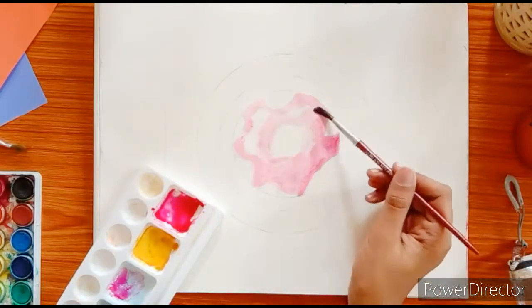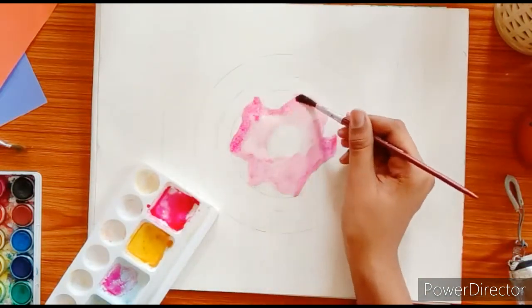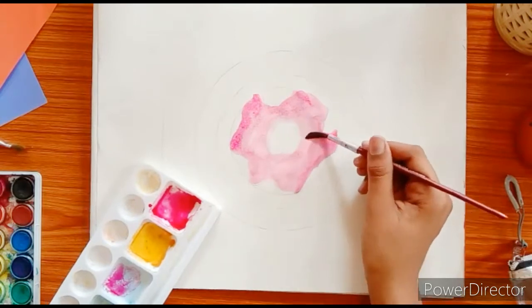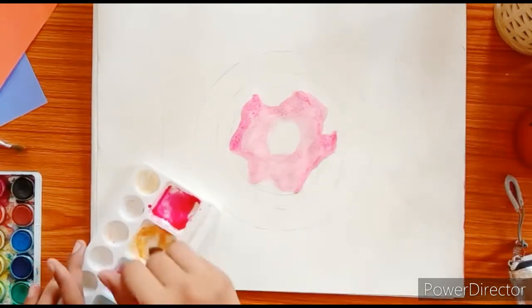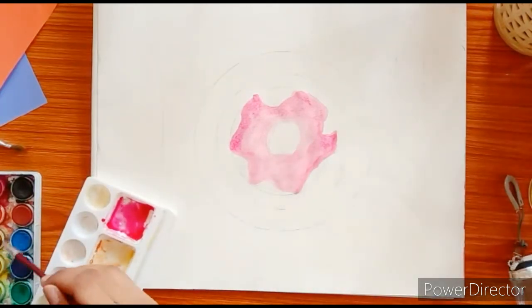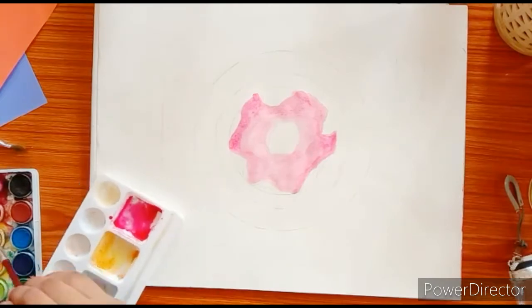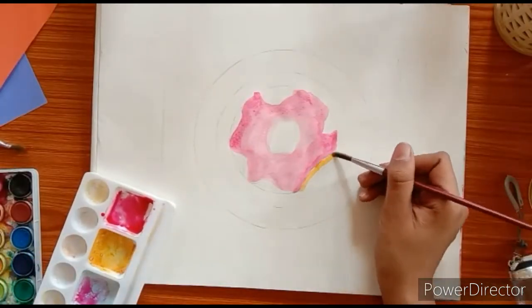I first painted the icing, as it is a very attractive part of a donut, even in real life and even in the painting. And after painting the entire icing, I went ahead and painted the bread of the donut in turmeric yellow mixed with a little bit of